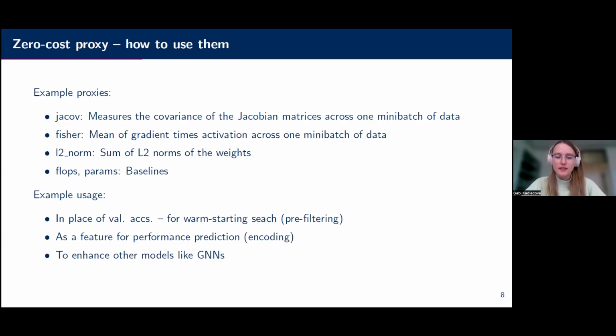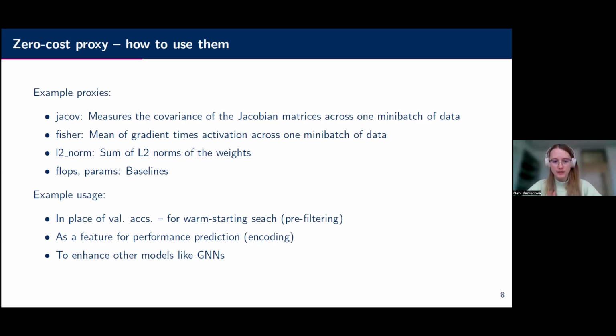So you can then use zero-cost proxies really in place of the validation accuracy. Instead of having the validation accuracy as your target, you will just use the proxy. That's really useful when you want to warm start search, for example, in evolutionary algorithms. To construct the initial generation, you will just get the networks that have the highest score. So it's kind of a filter.